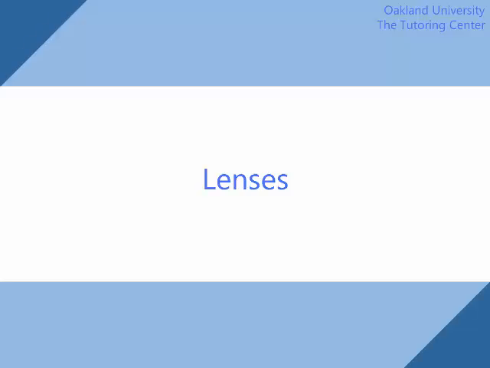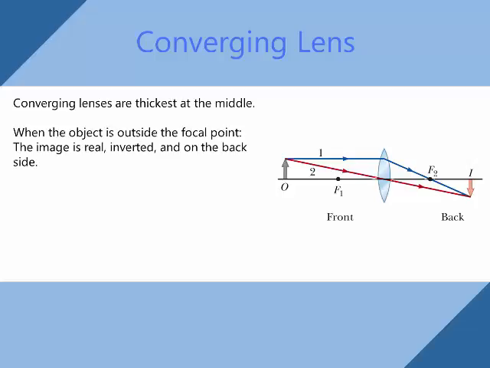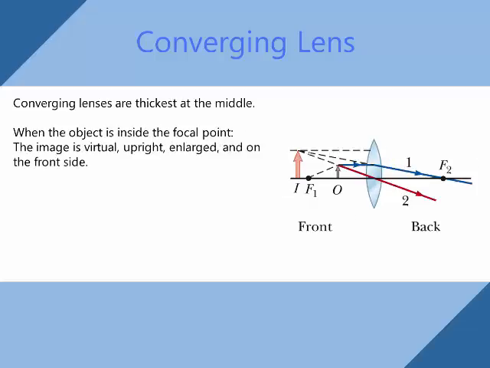Today, we'll be talking about images formed by lenses. A converging lens is thickest at the middle and thin at the outside edges. When the object is outside the lens's focal point, the image is real, inverted, and on the back side of the lens. When the object is within the focal point, the image is virtual, upright, enlarged, and on the front